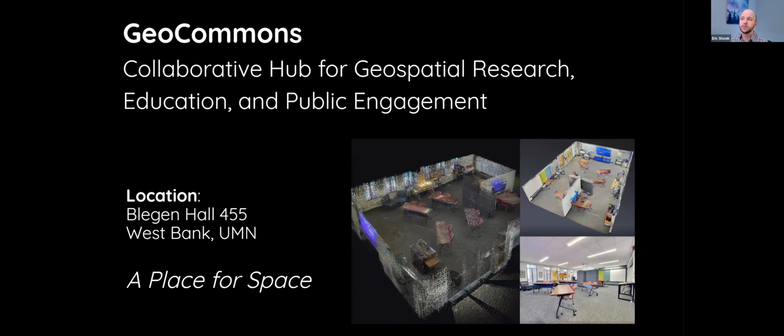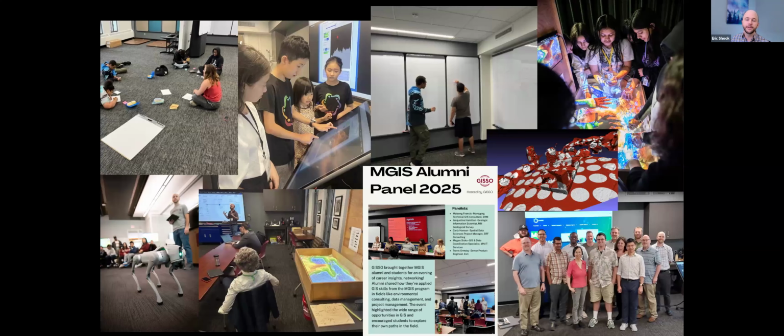Starting with GeoCommons, which is actually a physical space. It's a lab space where we were able to redesign and rebuild to create a collaborative hub where we get to combine research, education, and public engagement. And it is kind of a fun space that I like to say we invite everyone from middle school to mid-career. We've had mid-career workshops. We've had lots of middle schoolers, K-12 students, educators of K-12 students, as well as obviously undergraduate, graduate students, staff,